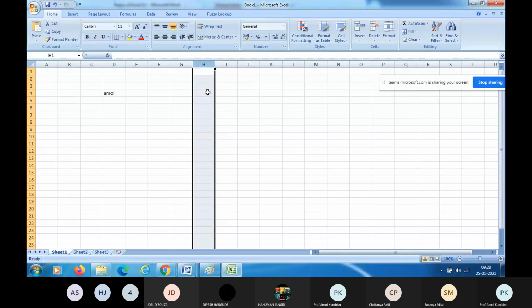If you observe this column H, this is active cell number 1, cell 2, cell 3, cell 4. So this is a column of vertical cells, right? What is a column? Active cells are there, a large number of active cells. So it is a set of cells and these cells are placed vertically.